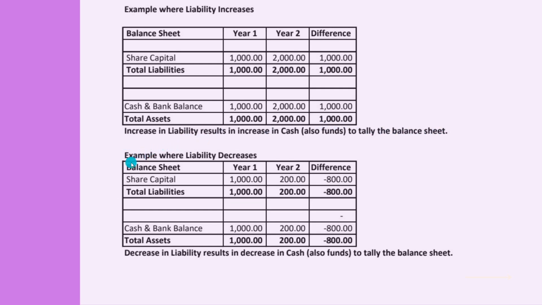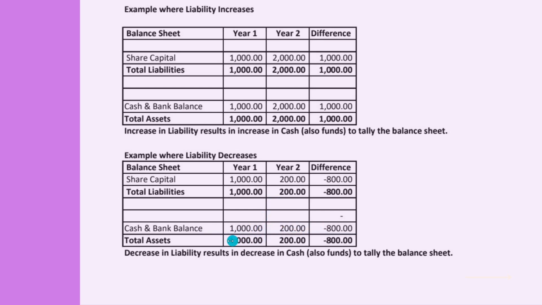Now let us consider the second example where liability decreases. So year 1 share capital is 1000 and year 2 share capital is 200. So it decreases by 800, and hence to tally the balance sheet we have to decrease the asset side also. So cash and bank balance in year 1 is 1000, which decreased to 200, that is by 800, to tally the balance sheet. So your liability side decreases by 800 and also your asset side decreases by 800, and thus